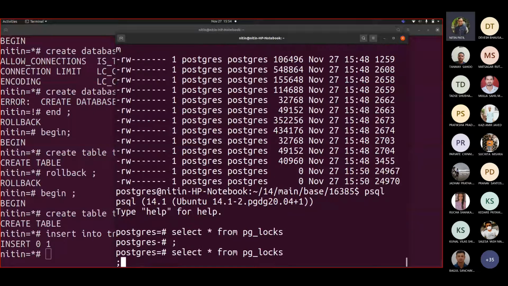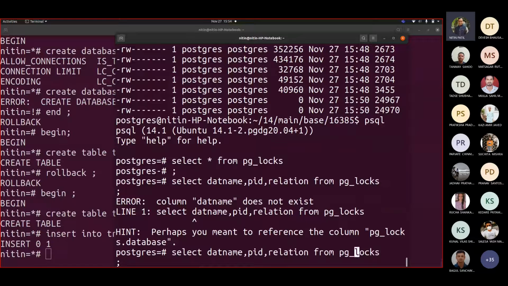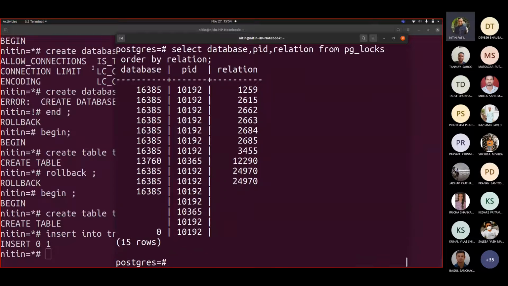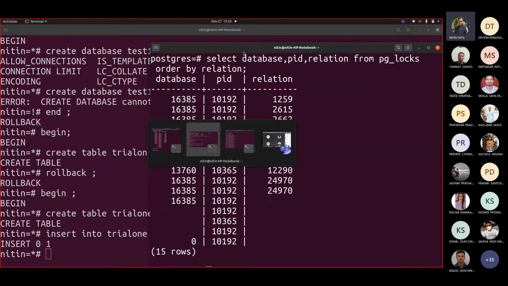Select datname, PID, relation, no, it is not datname, database, order by relation. So see the relations. What exactly does this 1259 mean for us?